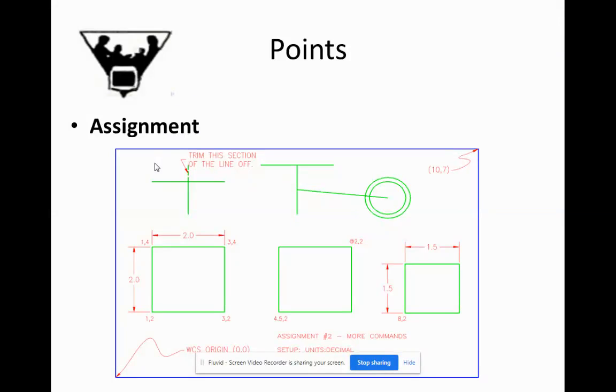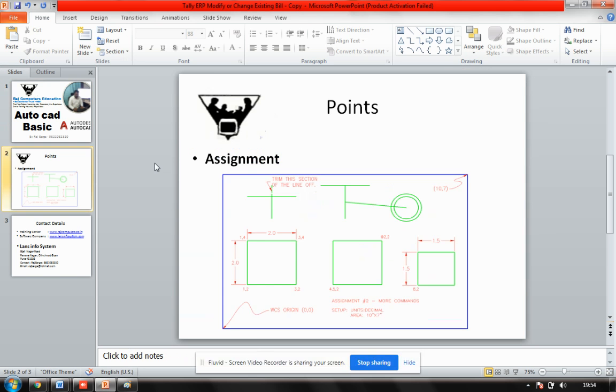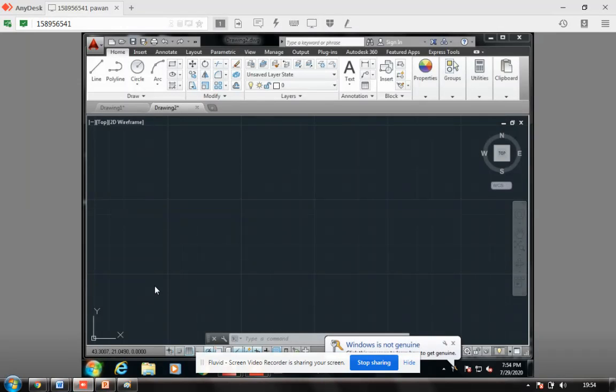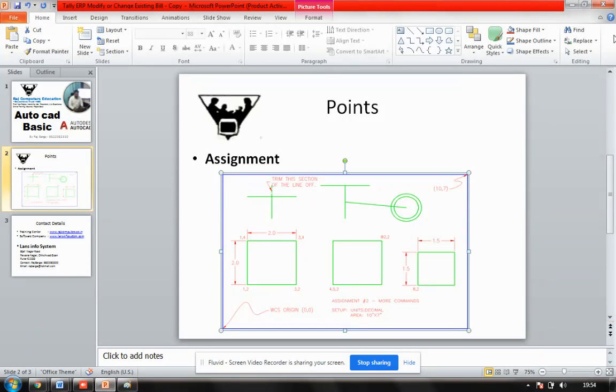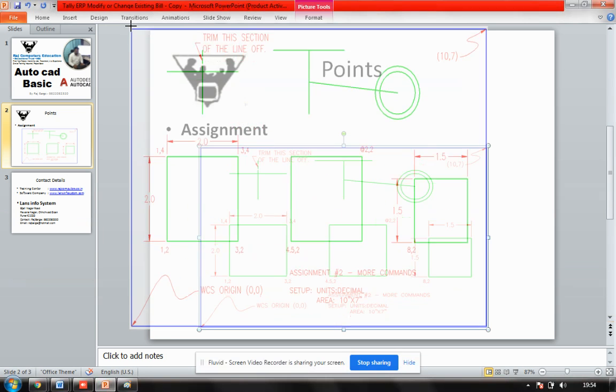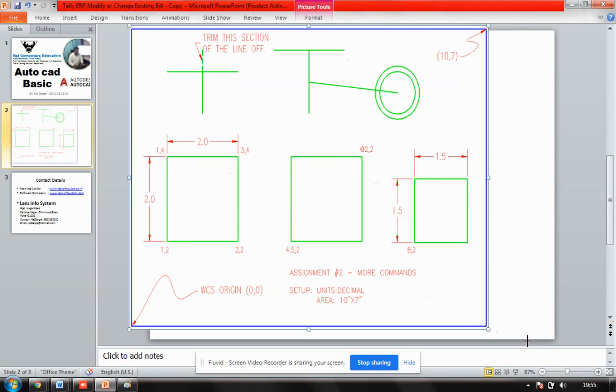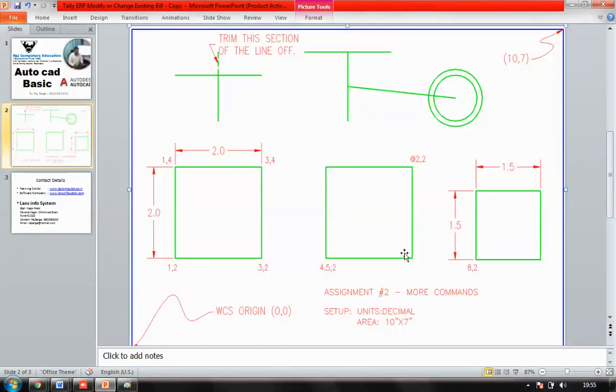So today we'll be doing this basic activity. We'll be trying to create this object with the help of absolute reference. Fine. So let's start. First of all, we should know what we are intended to do. So I'll be just increasing the size of this. First I have to draw this.